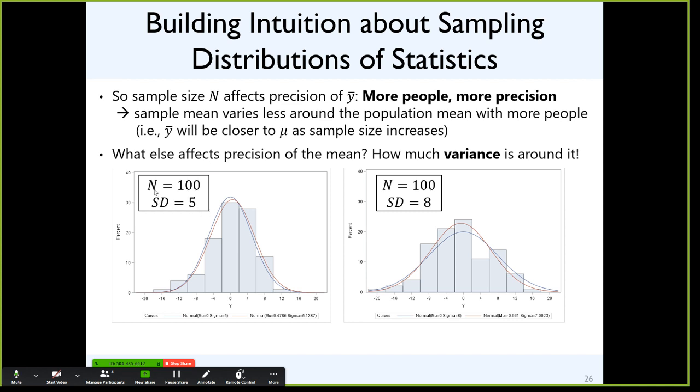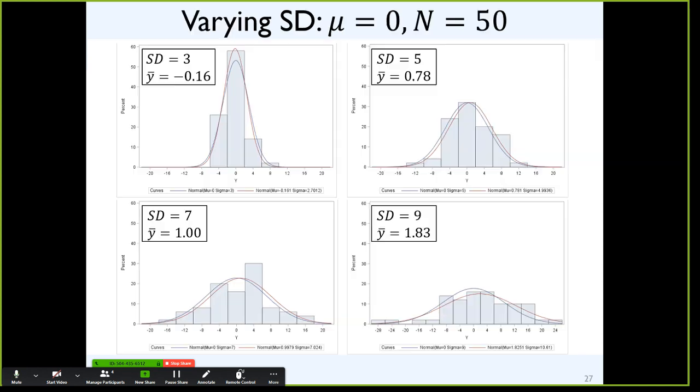So in this case, we have 100 people in each picture, standard deviation of 5 versus a standard deviation of 8. In each picture, the blue line is truth and the red line is what I got back. So there's a bigger difference between the two lines when I have more variability. It's harder to nail down what the mean should be when there's more noise around it. In pictures, just to demonstrate that point, I have a relatively small standard deviation of 3 in the first picture, growing to 5 over here, growing to 7, and growing to 9. And the mean's supposed to be 0 in each case.